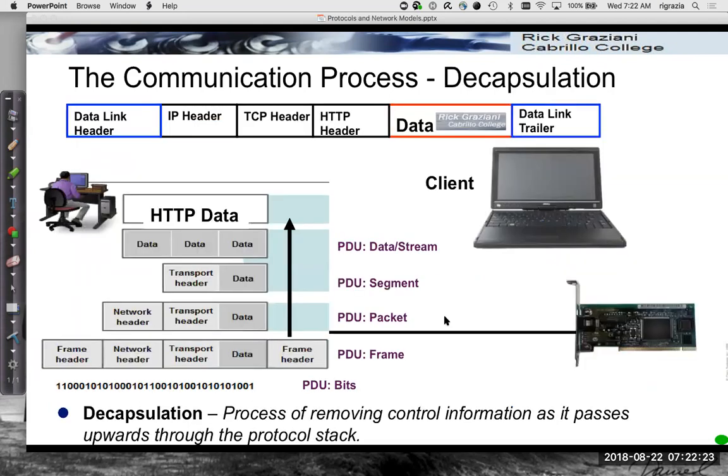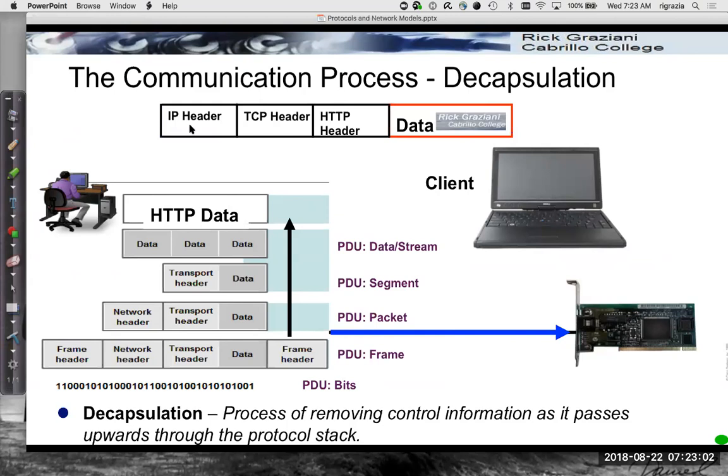Now we look at the opposite here. When the client computer receives this, it's actually going to receive the bits in the network interface card. Then the network interface card looks at these bits, and we're going to be talking more about what each one of these are a little later. But it looks at this data link frame, this Ethernet frame, and it will de-encapsulate or decapsulate it as it moves up the stack. So it checks certain things. We'll look at this later. It makes sure that the information in the data link header refers to itself, then removes it,